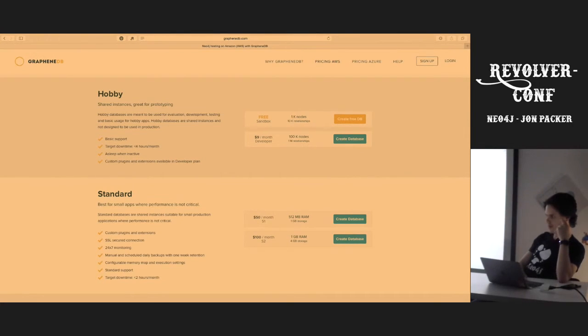So what does it do? What is that? Shortest path. Or is it weighted or